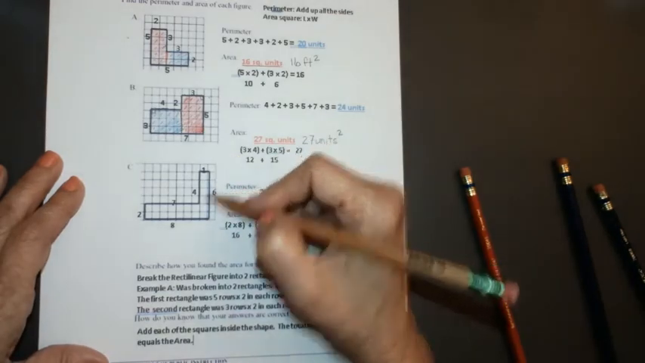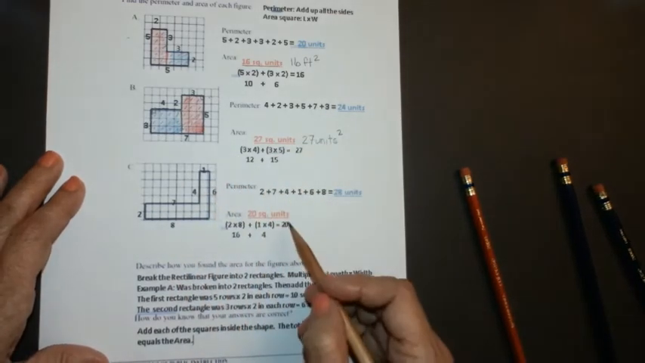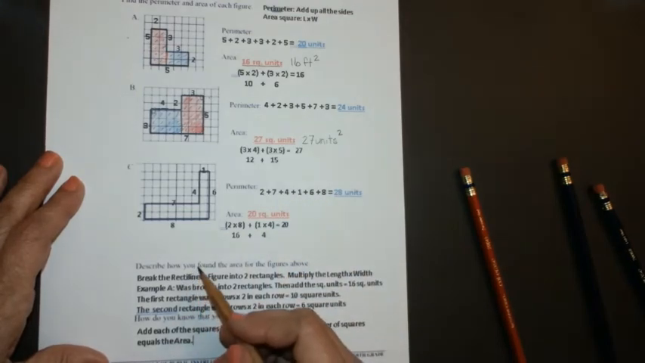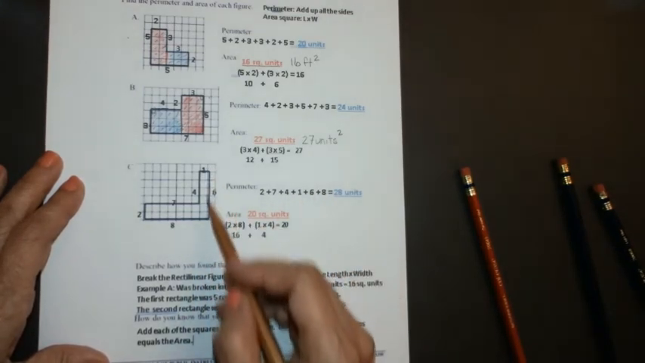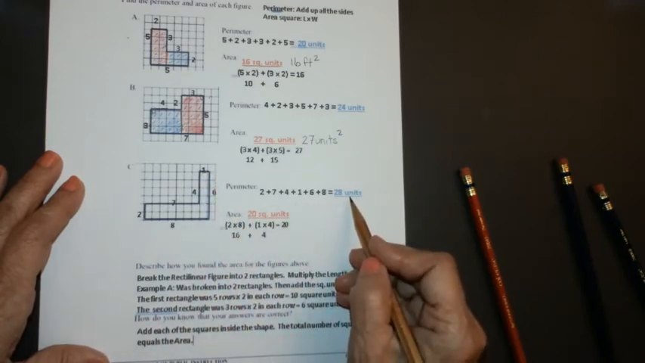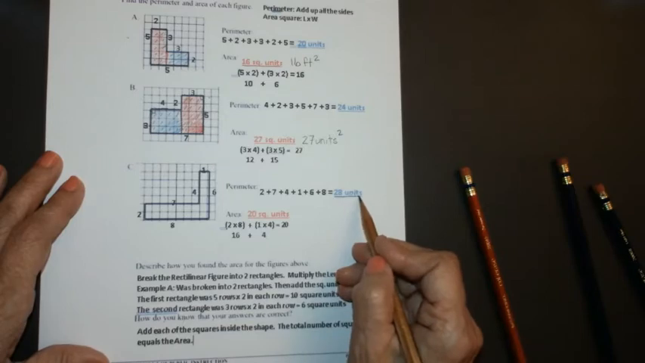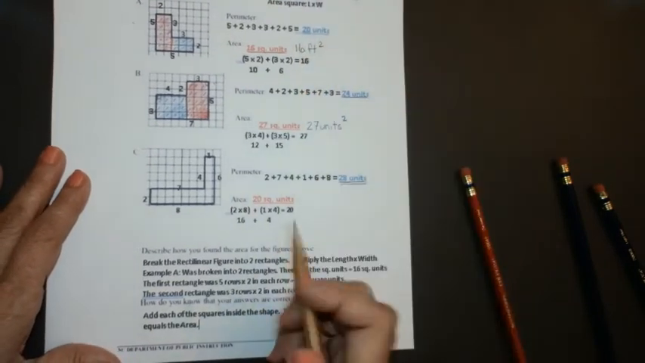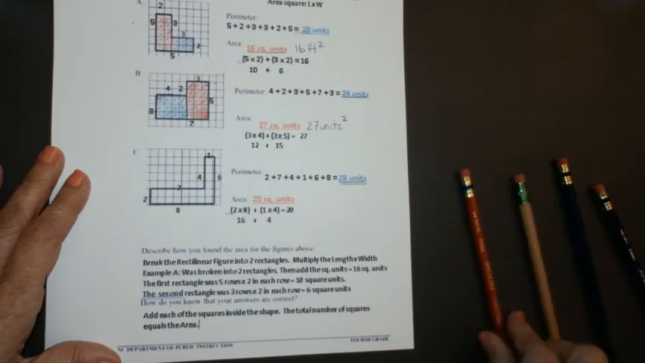So I have 1, 2, 3, 4, 5, 6. I should have 6 numbers. 1, 2, 3, 4, 5, 6. And I do because I have 6 sides. When I add these numbers up or dimensions up, I get 28. So in this case, we're going to have 28 units for the perimeter. Okay. Now for our area, we're going to divide